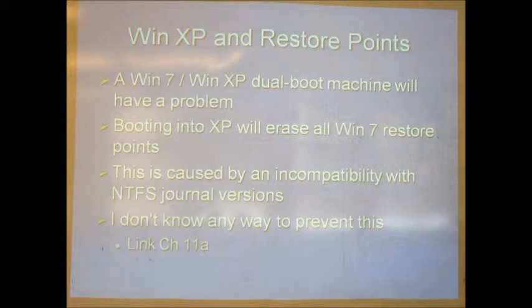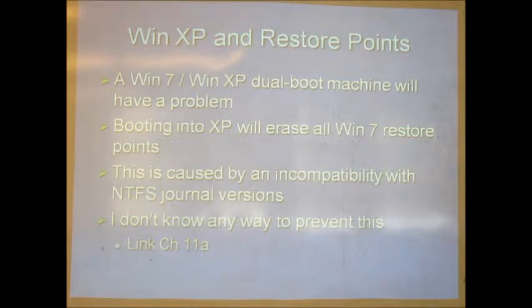That makes it recover more smoothly than most crashes, but unfortunately there are versions of the journal, and the version of the journal used by Vista and Windows 7 is later than the version used by Windows XP. So if you have two drives, this is what I couldn't believe. I had a C drive, and I'll put Windows XP on there. Then I'll have a D drive with Windows 7. I boot to D and use Windows 7 and make restore points. As soon as I boot to C, as soon as the C drive touches the D drive, just to assign a drive letter,